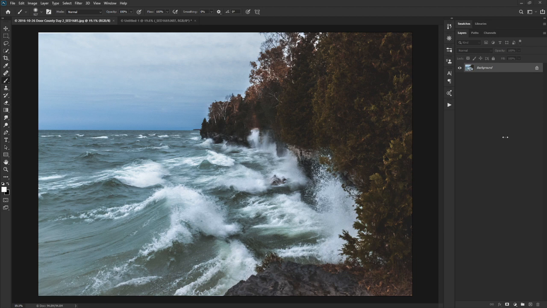So in order to learn to mask, we're going to have to learn about brushes. And brushes have some things that you need to learn. So what I'm going to do is create a new layer, and that's this icon down here. And there's other ways to create new layers with keyboard shortcuts, but I will tell you that 9 times out of 10, just going down and clicking this icon is good enough,